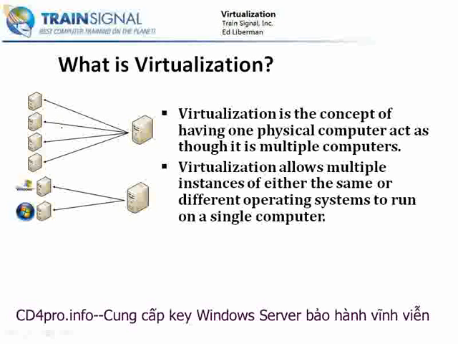Now, virtualization also allows for not just multiple instances of the same operating system, but also different operating systems to run on that same computer. So here is, for instance, I have Windows XP and Windows Vista virtual computers running on this one physical box. And so that's pretty cool that virtualization allows you to have a variety of operating environments. Matter of fact, you don't even have to stay within the same vendor. You can have Microsoft and non-Microsoft operating systems running on separate virtual machines. And again, the reason why is because each virtual machine is essentially like having a separate computer. It is completely independent of any other virtual machine.